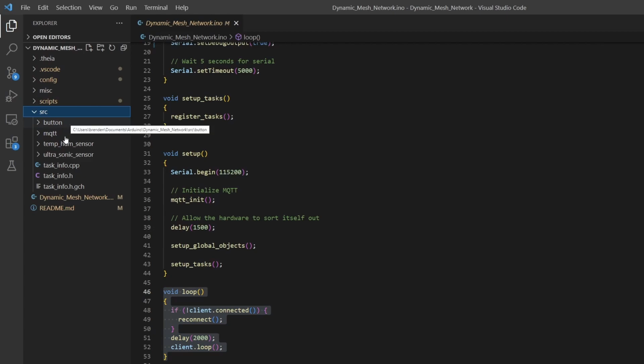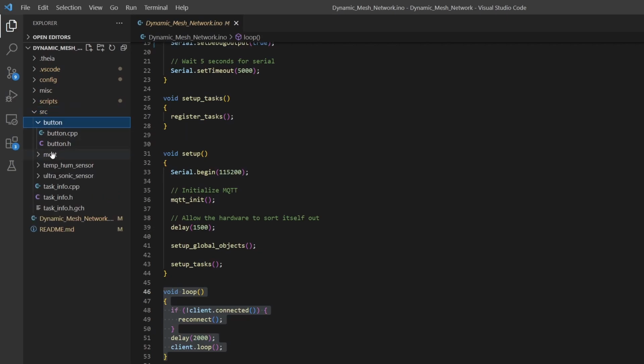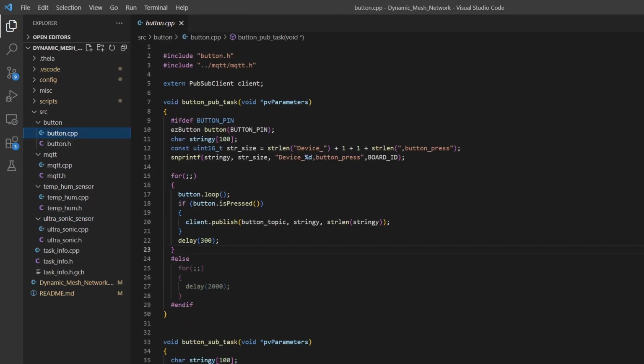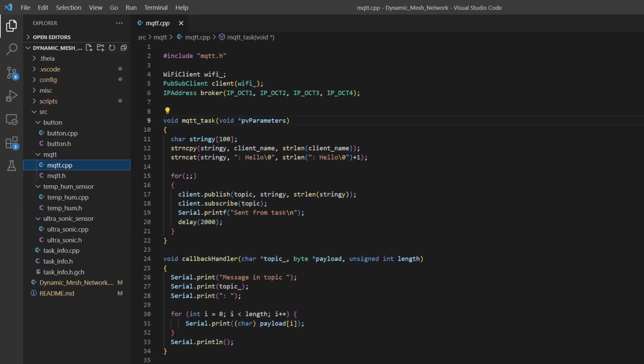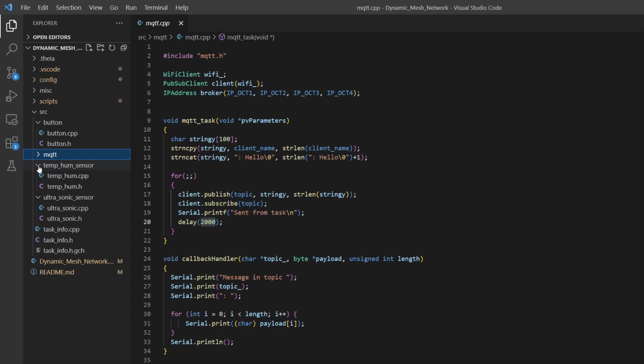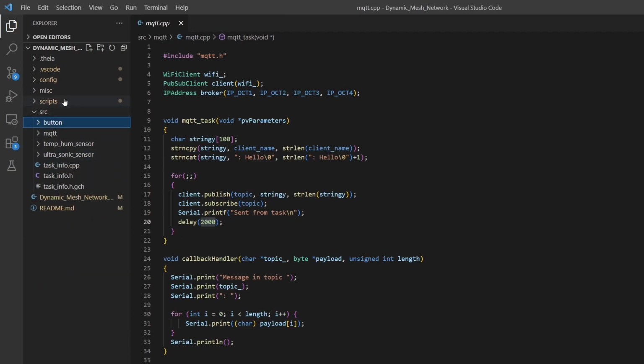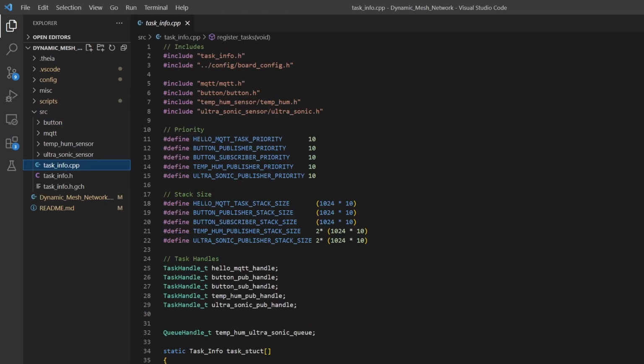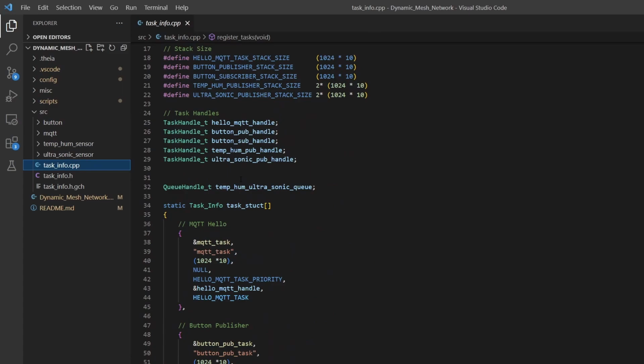The source folder is a location where all of the tasks are defined. So all the tasks are defined in one single location, which makes it easier for development. So for instance, I have a few files here for different kind of tasks. So I have tasks defined in each of these. And they're all in this source directory. Also in this source directory, I have this taskinfo.cpp file. So this is where all of the tasks are